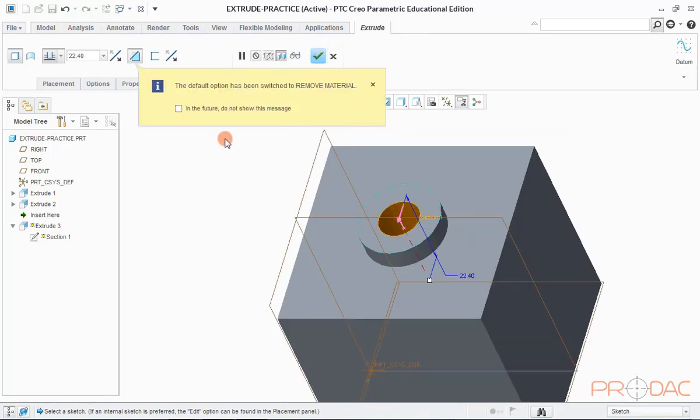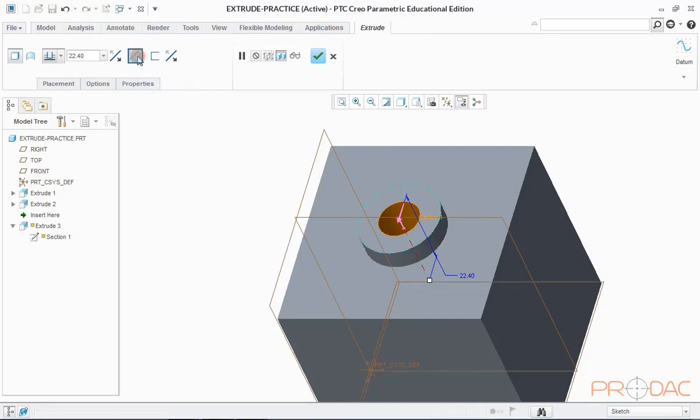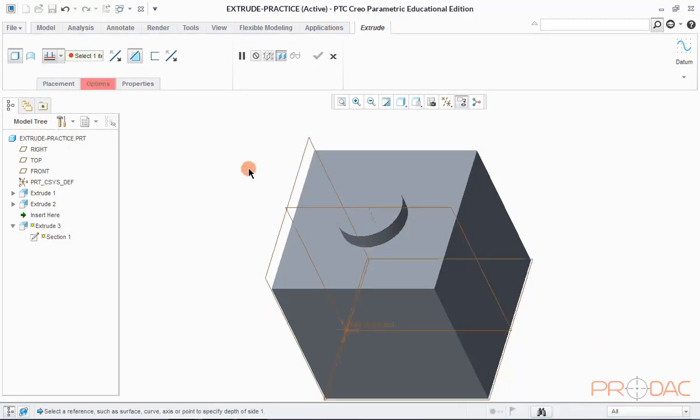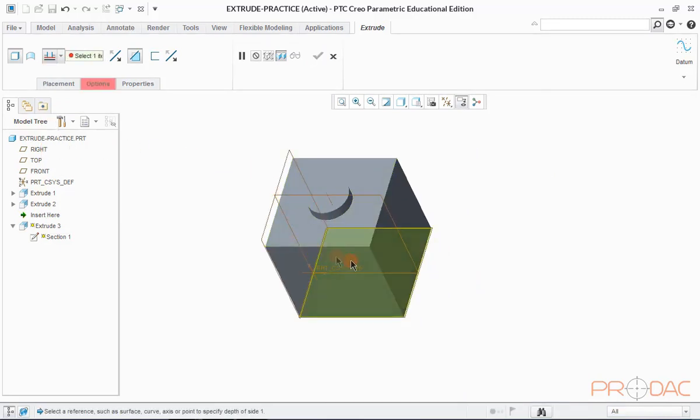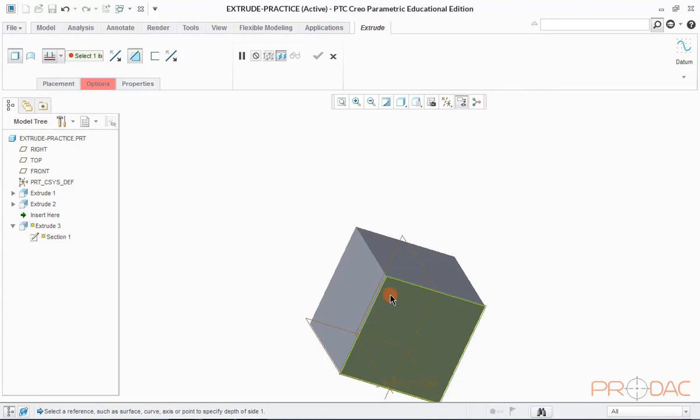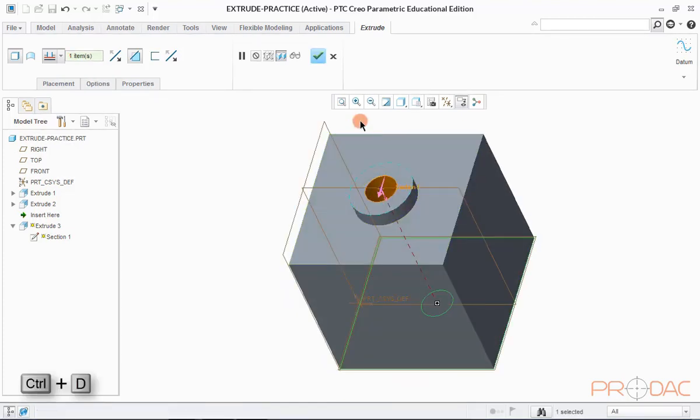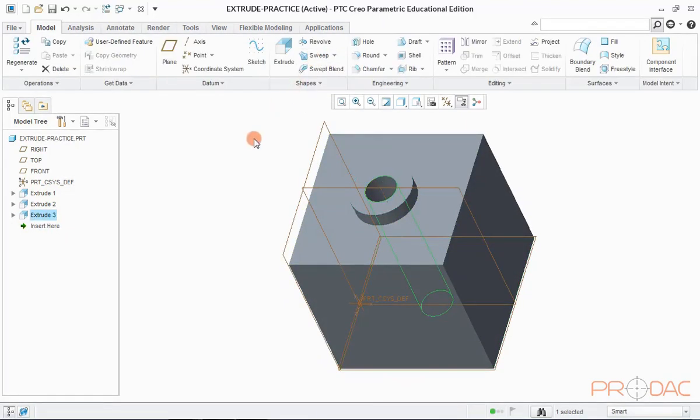Change the option to remove material by clicking on this button. Select Extrude to Selected Surface option from drop-down menu and click OK. Model is done. We can check view orientations with respect to drawing.